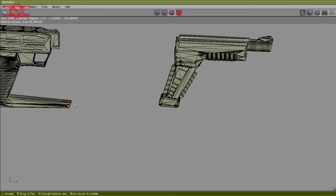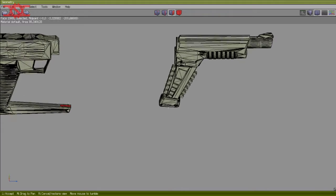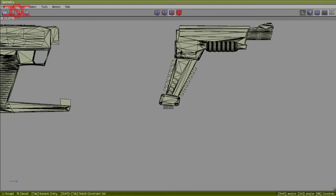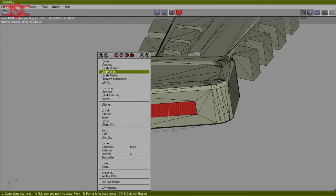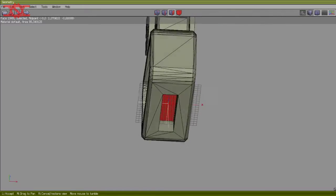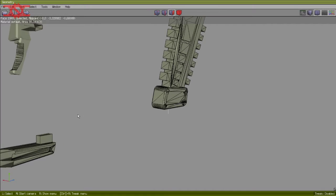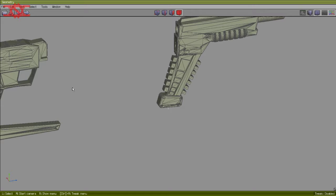So what we can do is we can extrude that up into a thing. If I just show you what I mean. If I extrude that up, we can turn that into a connecting pin that this bit can then slot into the top of, because we can do the opposite there and extrude that upwards. So that is now a female joint that will connect to that male joint. That's the idea. However, because you have issues with tolerances,